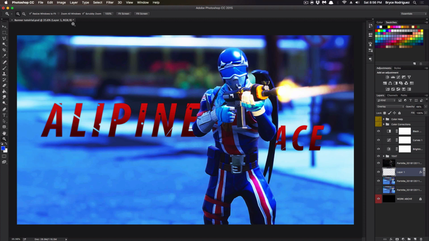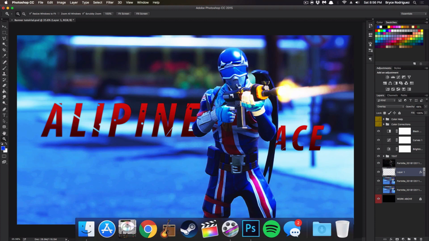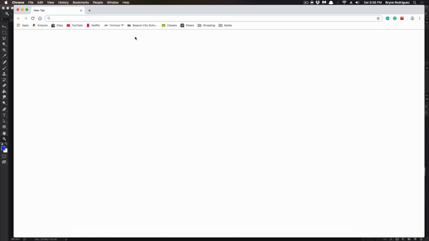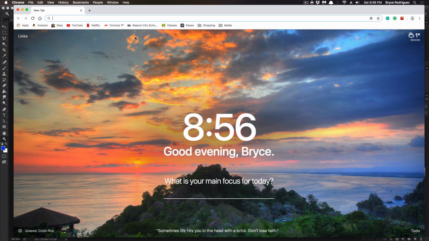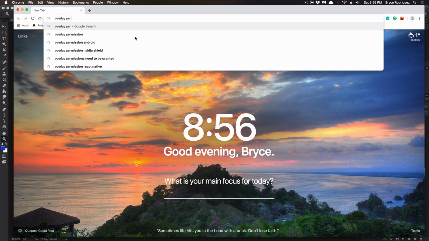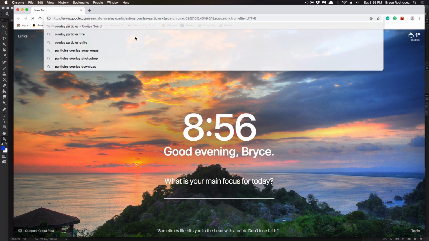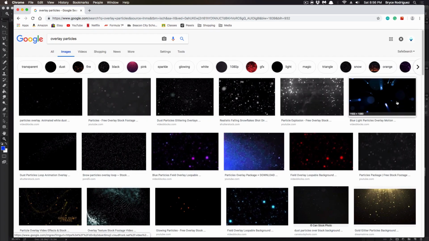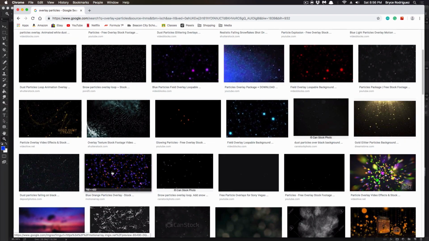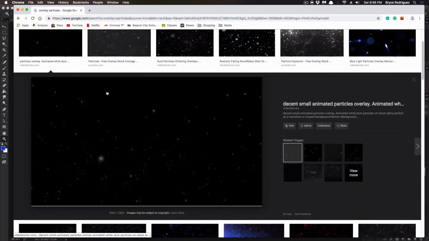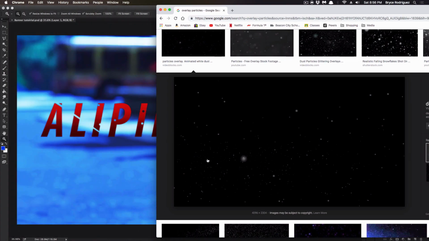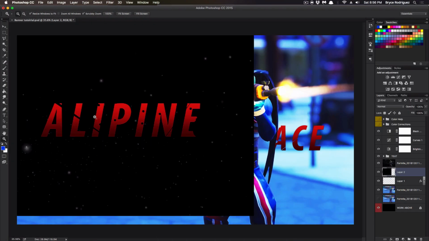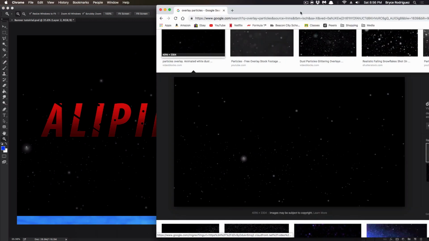And then now what we're gonna do is, I kind of want to add a shininess to it and some particles. So go on your browser. You can use a Photoshop pack, which I have, but we're just gonna get the stuff off of your browser for people who don't have packs. So look up overlay particles. So these are particles that are overlay, put on top. So I like these. I've seen these before. This is good. So you can just drag it like that,